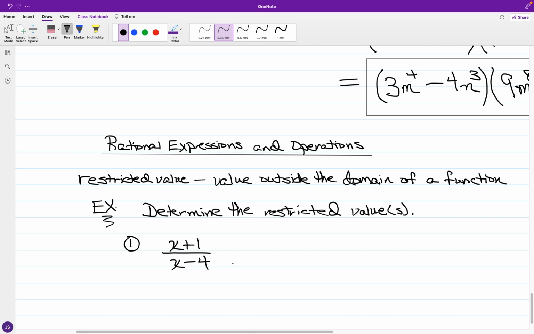Now for rational expressions, for fractions, the restriction is going to be that the bottom part of a fraction, namely the denominator, cannot be 0 in value. So you can divide into 0, but you cannot divide by 0. So for the restriction,